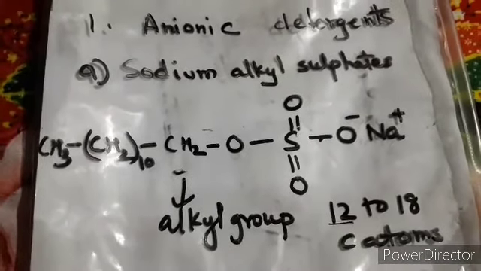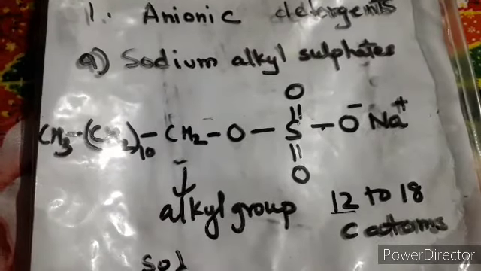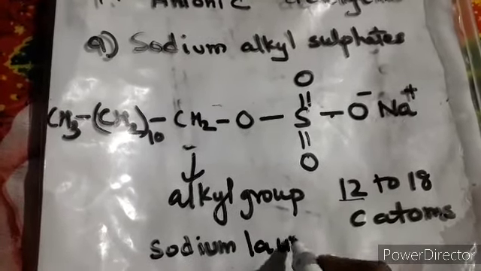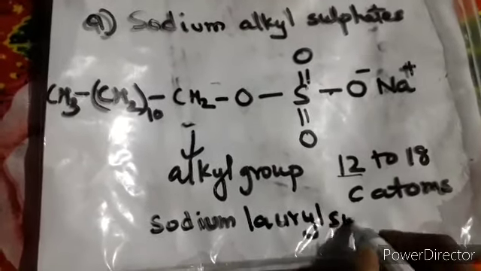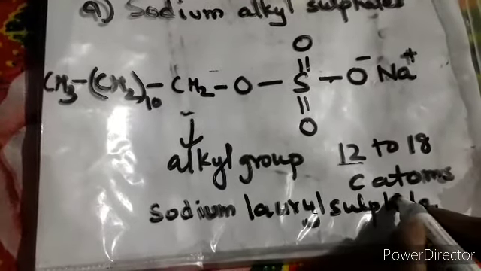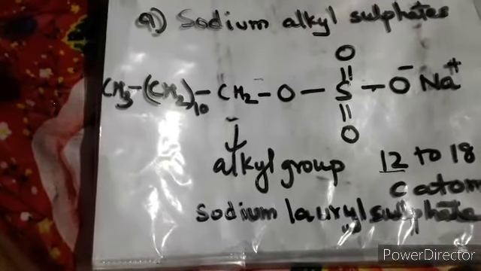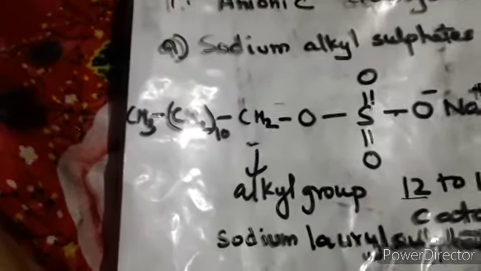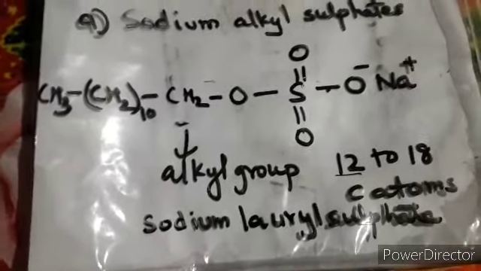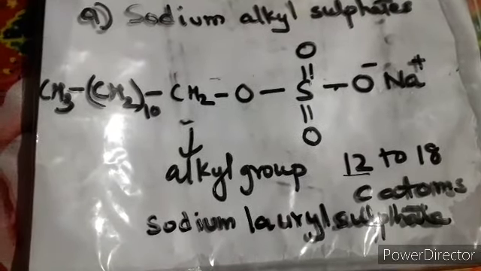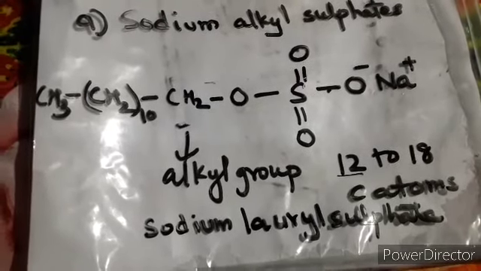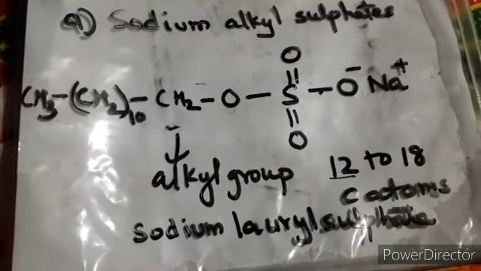Now let's talk about its name. This is new to you, you have to remember. Sodium, so it's fine, but for 12 it is written like this, lauryl sulfate, right? So please learn these names, these things are very new to you. There are others also, you can also write for 14, you can write for 15 also. Now what does it mean? We are again focusing on it, and I just want to tell you that these are the sodium salts of sulfuric acid esters of long chain aliphatic alcohols, that contain 12 to 18 carbon atoms.